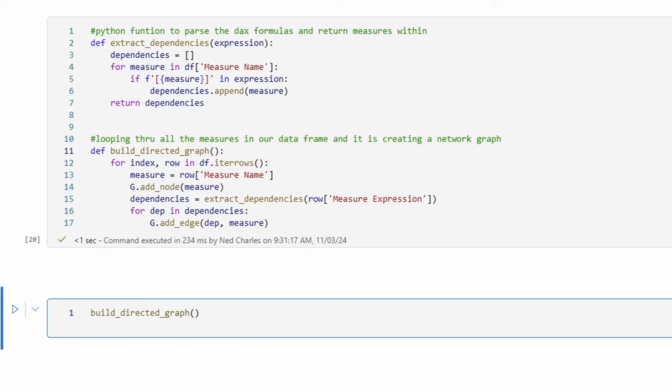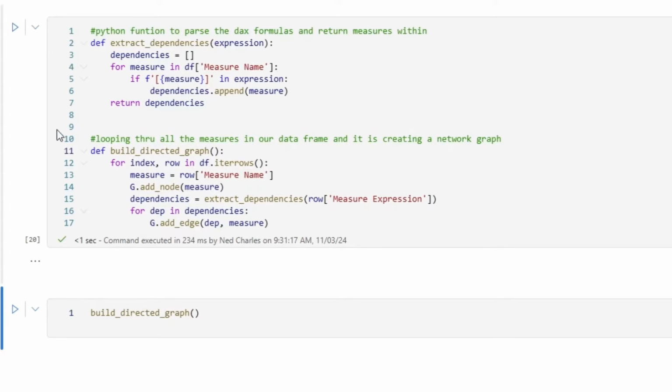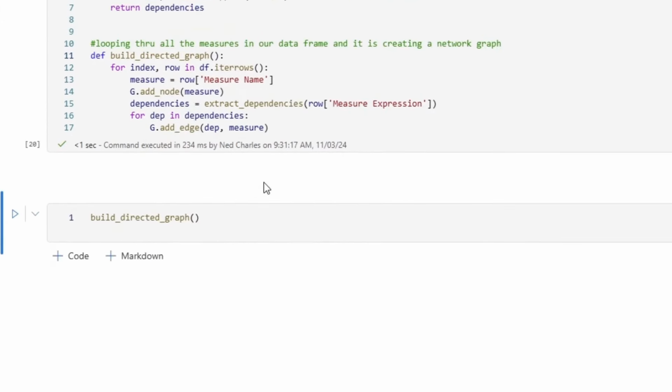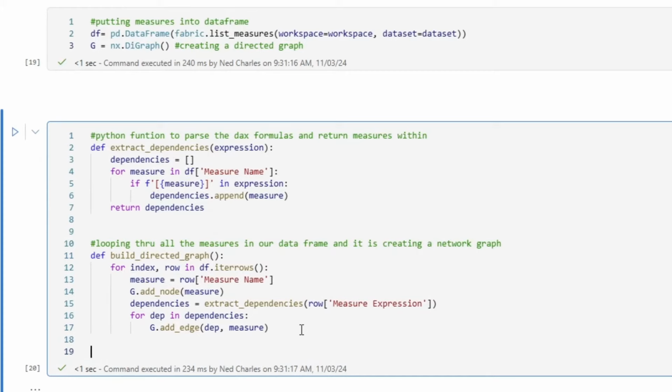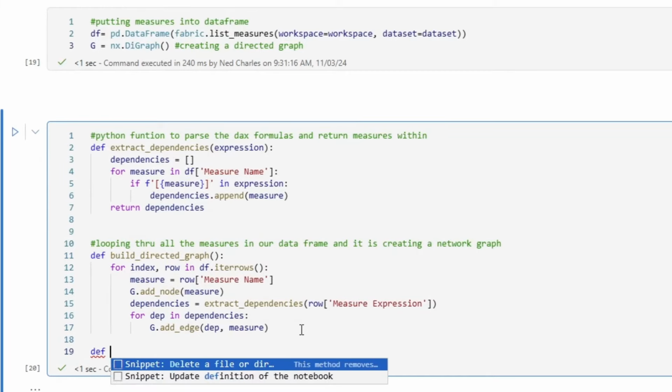I keep on saying method or function. I'm sorry, I'm slipping up over my words. But we now have some code, and we now have two functions here that are working. Okay, so the next piece of this, now that we've actually created this measure, is we want to be able to feed our network graph a particular measure and have it only return the subnodes or the pieces that are relevant. So we're going to create one more final function, and that function is going to be def,